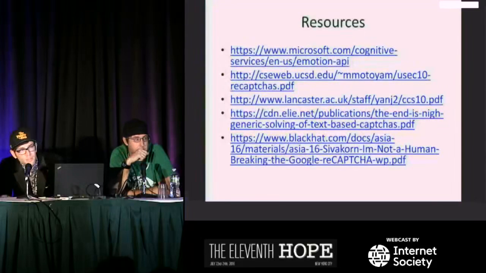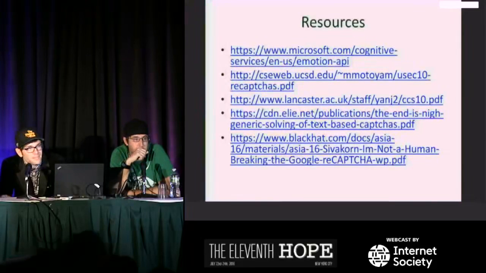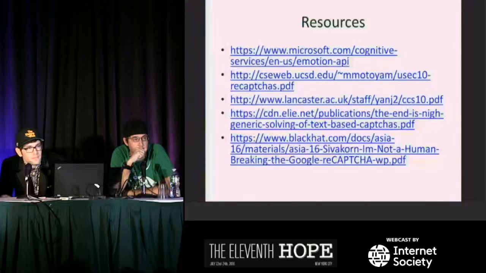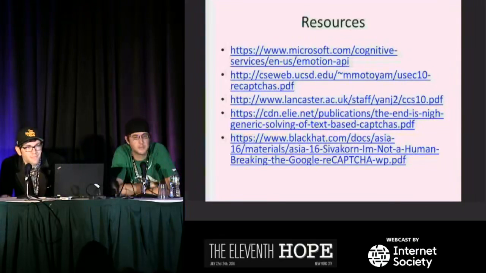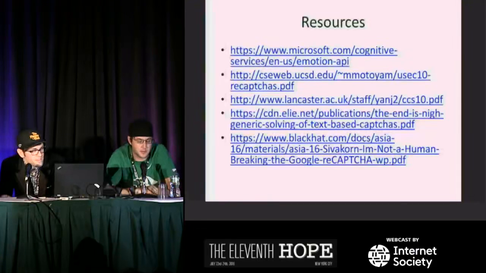Yeah, we got one more. What's up? Okay, just one more thought. If the way that images are selected is sort of predictable, then you might be able to try to match the challenge with a limited pool of images, then give it an original, send it off to an API, and get the emotion.